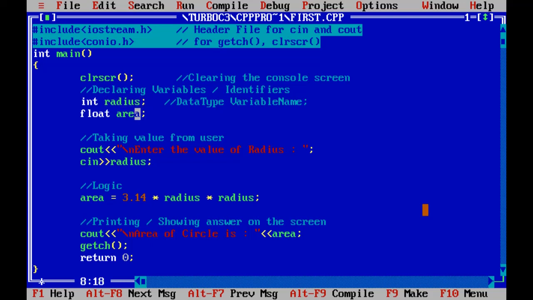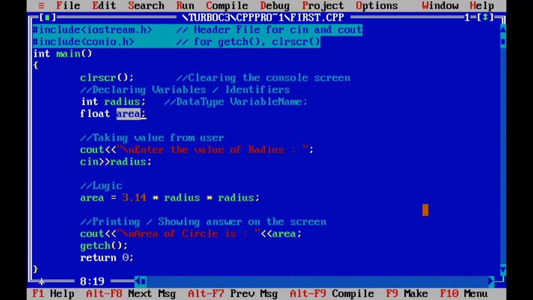We have declared another variable named area, whose data type is float. Float is again for numbers, but it is capable of handling incomplete numbers, like 0.5, 0.05, 7.23. All such numbers can be stored in the float data type. So we are taking the variable area as float data type.